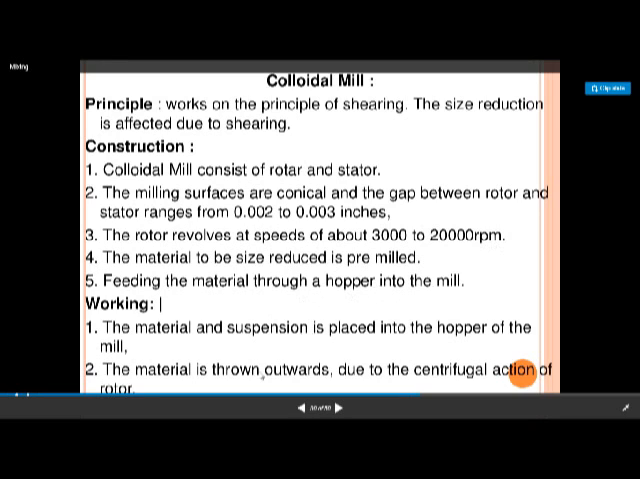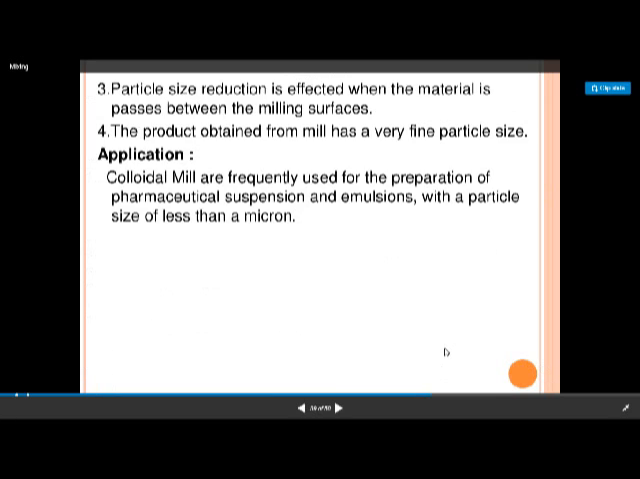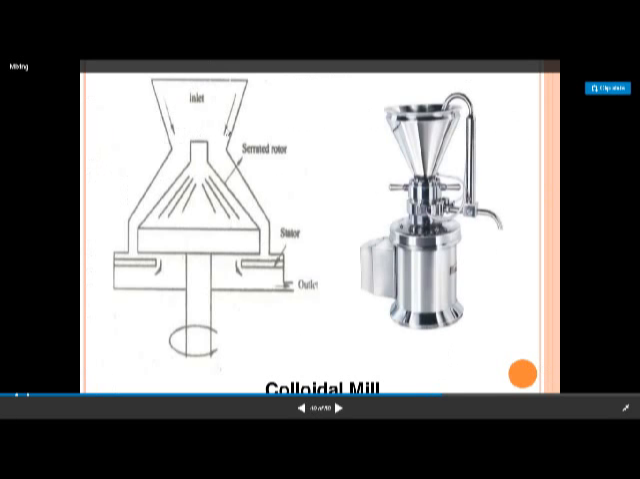Working: the material and the suspension are placed into the hopper of this mill. See, this is the hopper. Here the material is put. It comes to this portion. This rotor rotates clockwise on this stator, and due to this continuous rotation, shear is generated, and because of that the material is reduced in size or mixed, and through this outlet